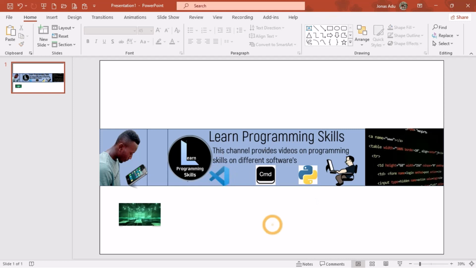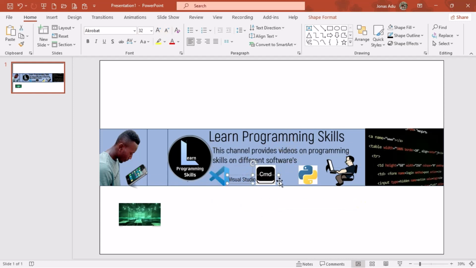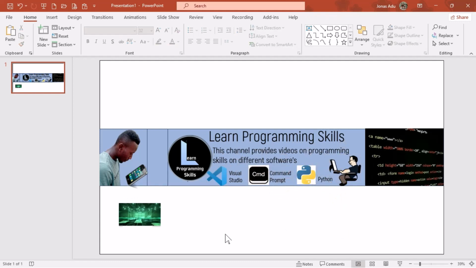So I'm going to write the names of these logos. I'm going to select this text box. So now I have my logos which represent some programming software: Visual Studio, Command Prompt, and Python, and I have all these essential elements placed within the mobile area, which can be accessible on all the different devices we are familiar with. I'm going to place this image,